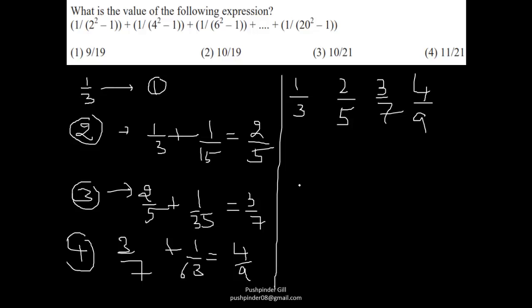So that means he's asking you to calculate the sum till 10th term, because there are 10 terms in that. It's 2, 4, 6, 8 and all that. So it's asking you to find sum till 10th term. So sum till 10th term, the numerator is going to be 1, 2, 3, 4, 5, 6 till 10. And the denominator is going to be, if you calculate the 10th number starting from 3, 5, 7 and all that, going to be the 21.